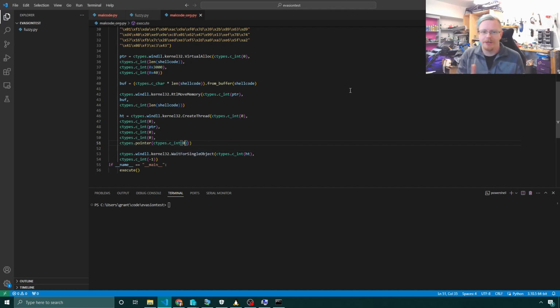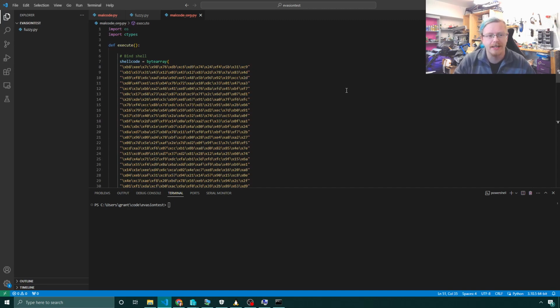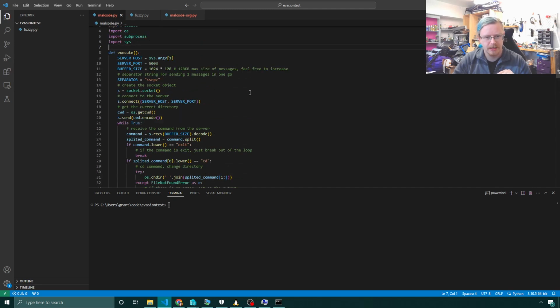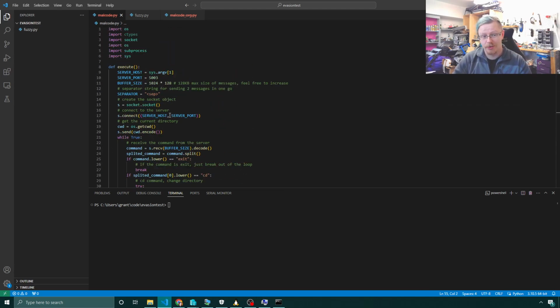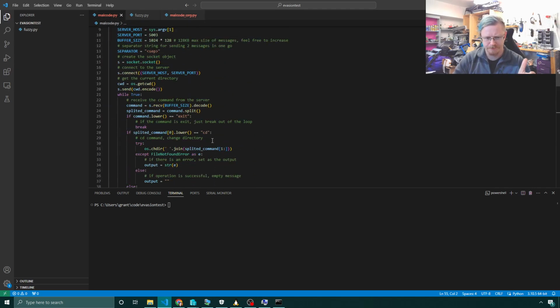So what could we do to get around this? As I said, most AV works on fingerprints and things like that, so what we could try and do is change up the file. Now, I've already done that to a small degree here. If I go to malcode, you can see I've got lots of weird stuff in here. We'll go through this code in a second, but I've also got the original code minus the shell. I just took it out for space saving, and it's commented out. So this code doesn't actually do what the original code does, but it has some of the same components in it. And if I try and save this one,